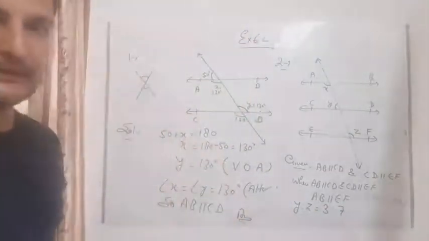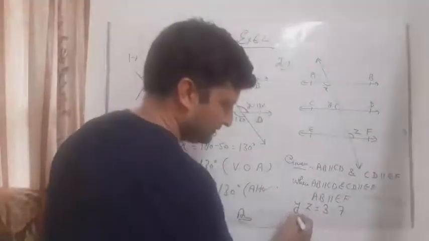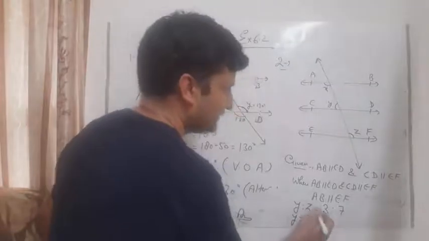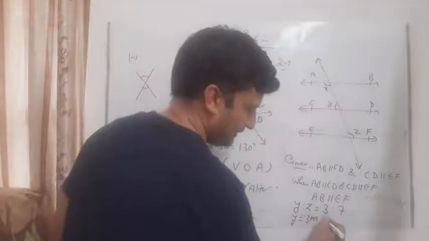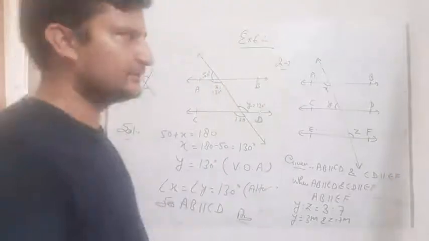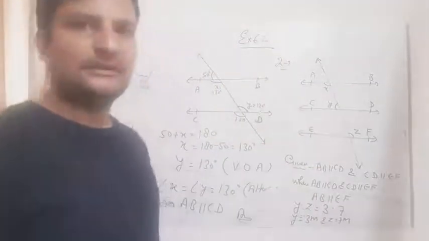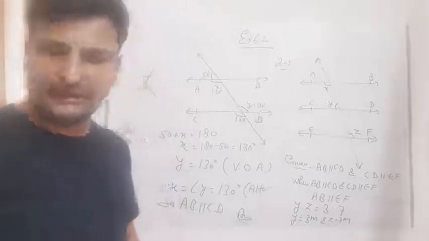These two angles are given, y ratio z. How can we solve the angles in ratio? So we can say that y is equal to, here x is already there, so we can put any of the values. Suppose I am taking 3m and z is equal to 7m. I am not taking x because x is also given there, it will create confusion. So we can say that these are the angles.